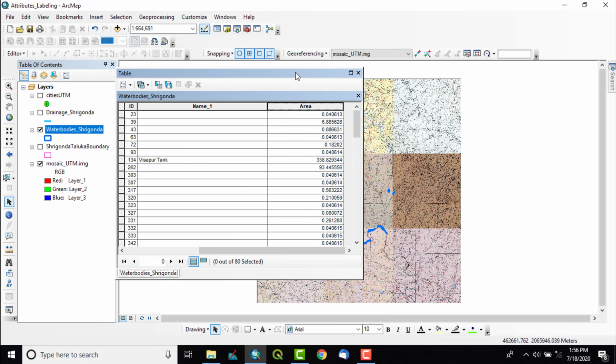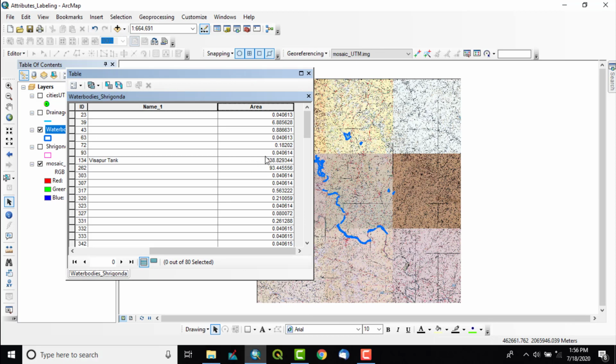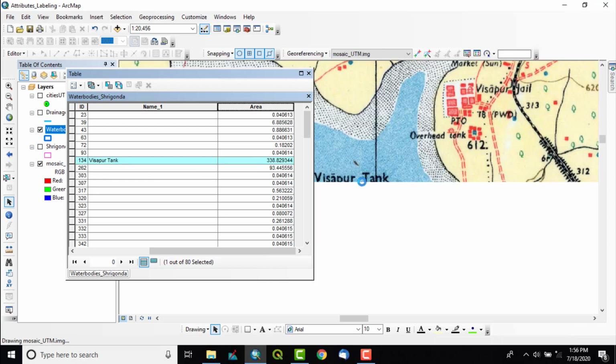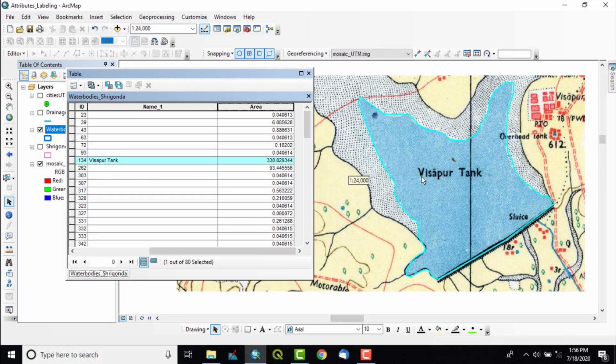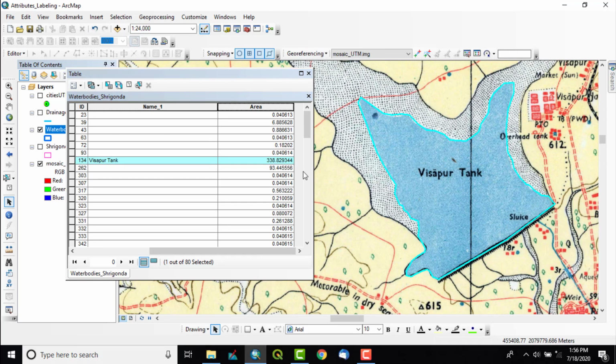So the major dams, you can see, have more area. Visapur tank is having 338 hectares of area. So this particular tank is having 338.82 hectares of area, and so this is a bigger one.